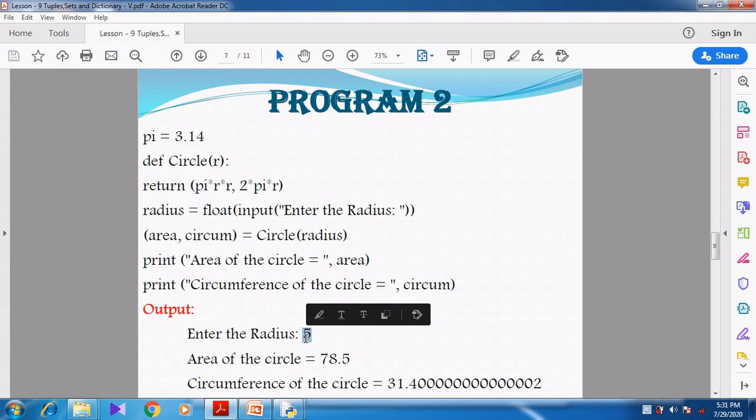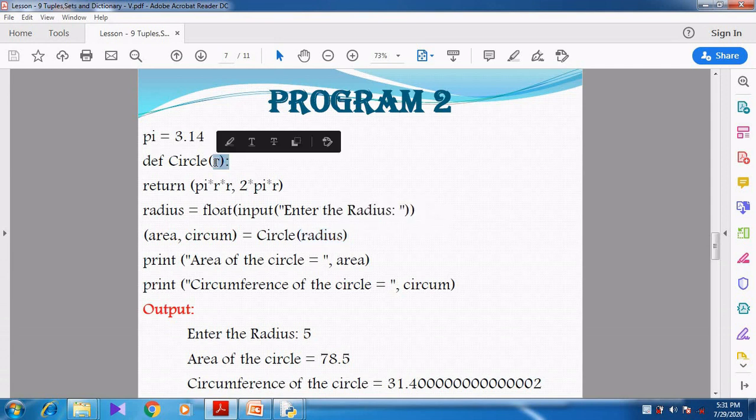Right? So here you can see in the output they have entered the radius. What is the radius value? 5. So when radius is passed as 5, the 5 will be assigned to r. Now you go for multiplication, pi into r into r. So r into r means 5 into 5, 25. We know very well, 5 5s are 25. 25 into 3.14. Now what will happen? 25 into 3 shows 75. Then we want to multiply 25 into 0.14. Right?